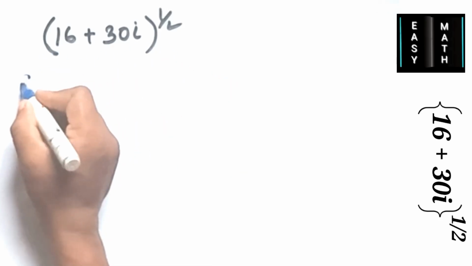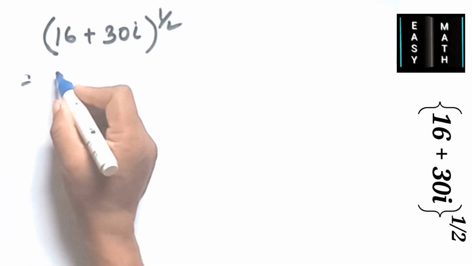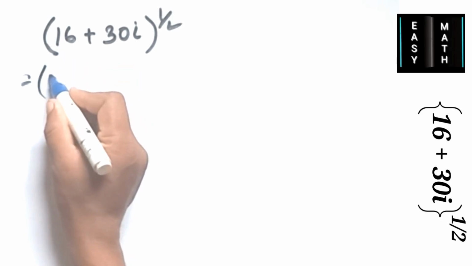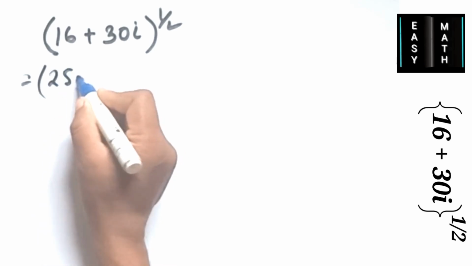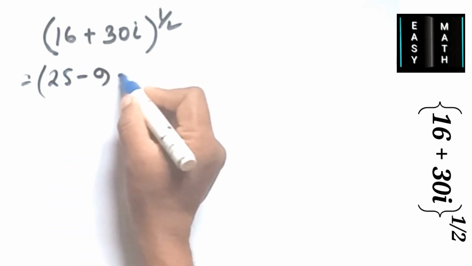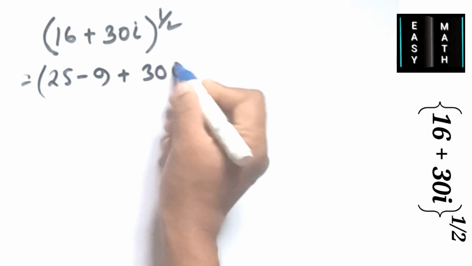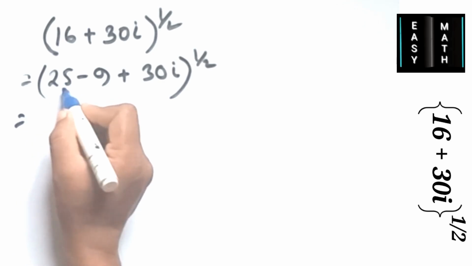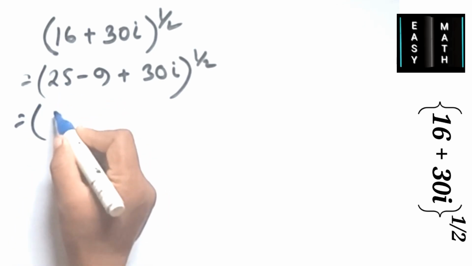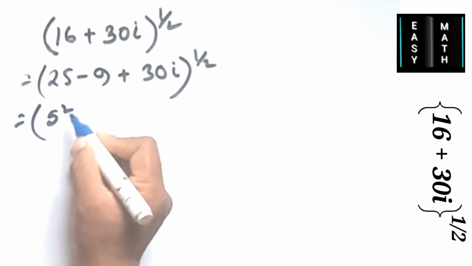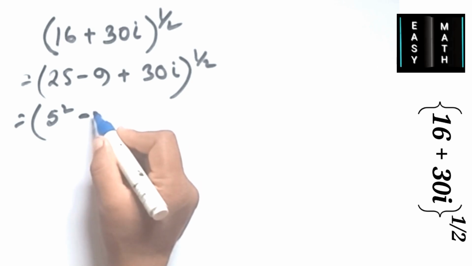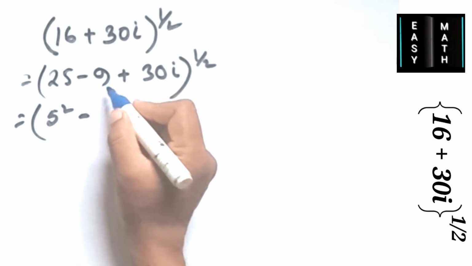What is the value of this? First we can write this as 16 plus 30i. So we can write this as 25 minus 9 plus 30i, and 25 is 5 square, and 9 is 9. So this we can write,